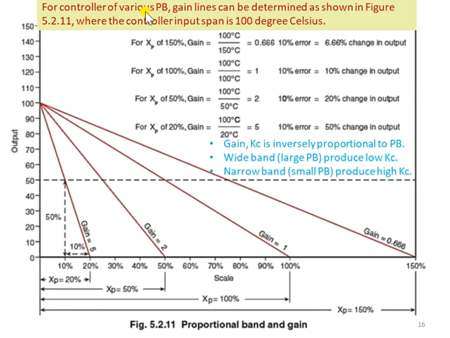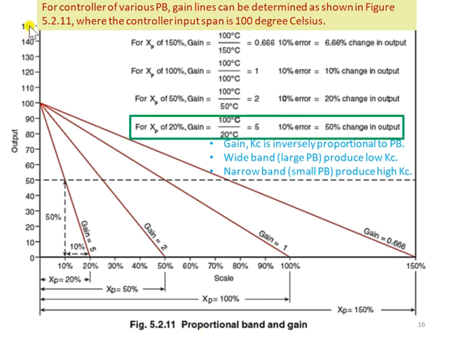For controllers of various proportional bands (PB), gain lines can be determined as in the following figure, where the controller input span is 100 degrees Celsius. The y-axis shows the output in percentage, and the x-axis shows the proportional band in percentage. Let's look at the first example, where for a PB of 20% here,